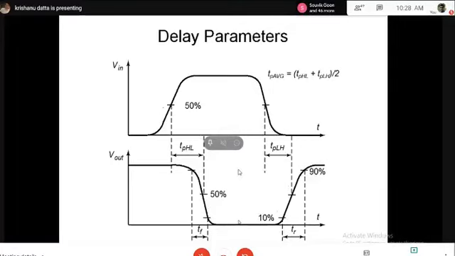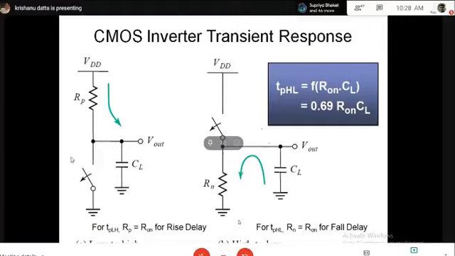What we are showing is that this is the case where input falls from high to low. As a result, NMOS is now acting as an open circuit. And if you see the PMOS, it is acting like a resistance because PMOS is on, NMOS is off. So what will happen to the output capacitance? The capacitor will get charged to VDD through the PMOS resistance. So now it is acting just like a very simple RC circuit where the capacitor is charging. As a result, output is going high.